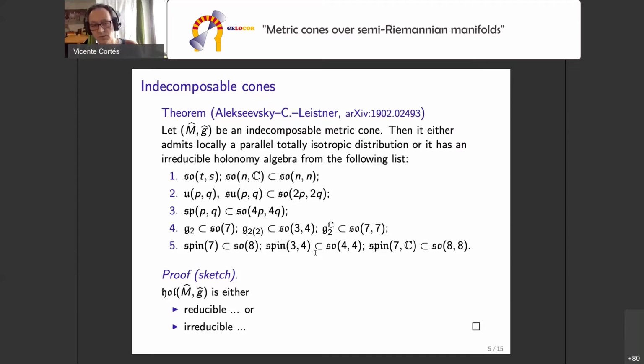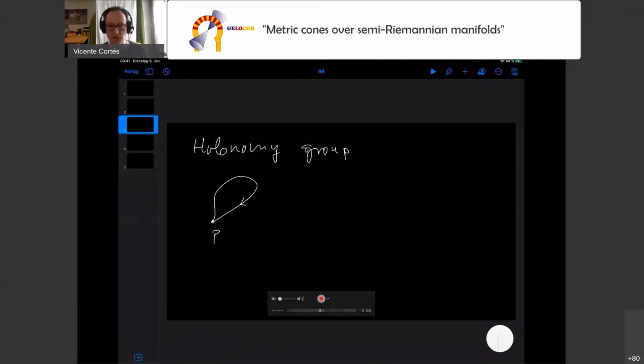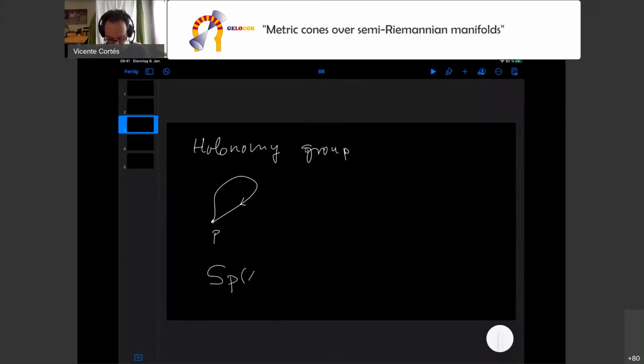So we excluded some cases from Berger, and I can explain how this comes about. For instance, you may remember from the Riemannian setting that there's a holonomy group which is called Sp(1) times Sp(n). Perhaps I use a blackboard for that. In the classical Berger list for holonomy groups of Riemannian manifolds, you find one very interesting group, which is usually denoted Sp(1) times Sp(n). This group acts naturally on R^4n, which you can consider as the quaternions to the power n. This Sp(1) denotes the group of unit quaternions acting on H^n.